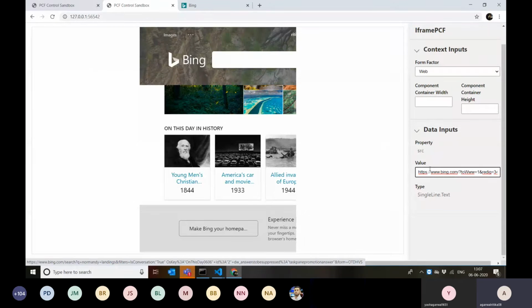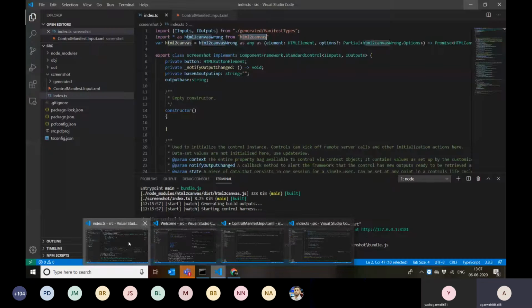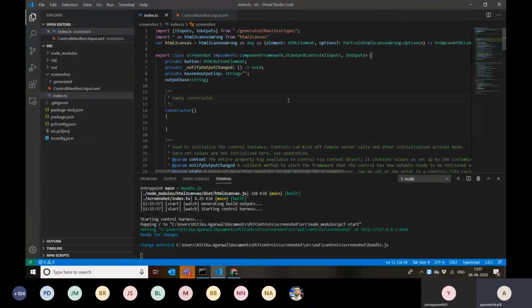Now after this, we are going to look at a component which is going to print the whole Canvas app screen and send that image as an attachment in an email. So let's go ahead and do that. And after that demo, we are going to push this iframe PCF to the environment and see, if I have made any changes to the component, how can I make it available in my environment and use it. So let's quickly go to the second PCF now, which is the component to print the Canvas app screen.